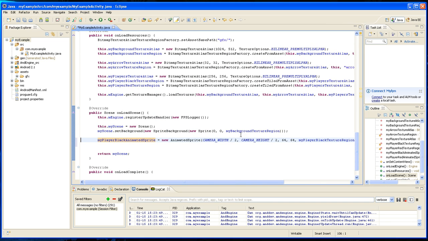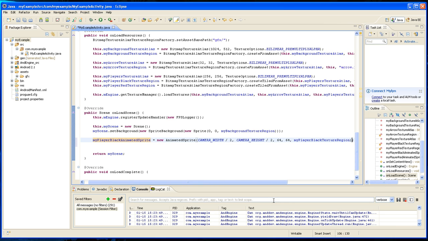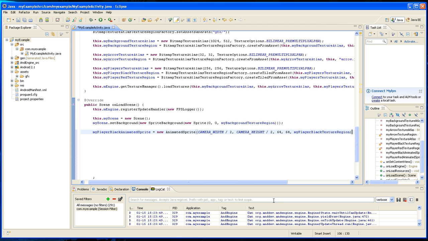But we want to be able to touch on this, so we just created this, and if we run it, that would appear in the middle of the screen. But we want to be able to touch on this thing, so we're gonna have to override a method in the animated sprite class, and we're gonna do that by doing it right here, and we're gonna create it right here. So we're gonna type add override, just so we don't get any error messages,